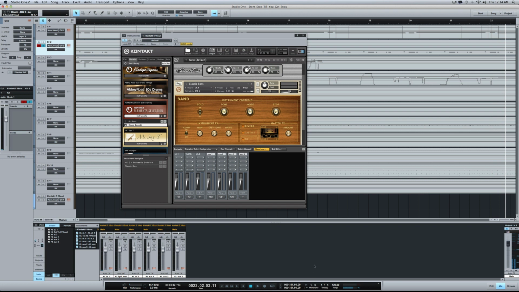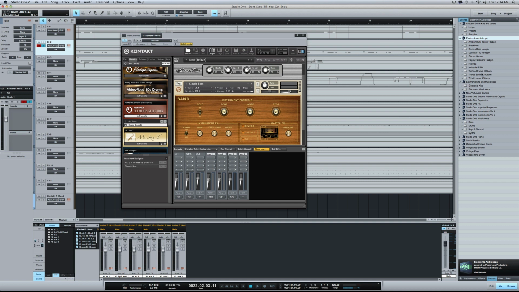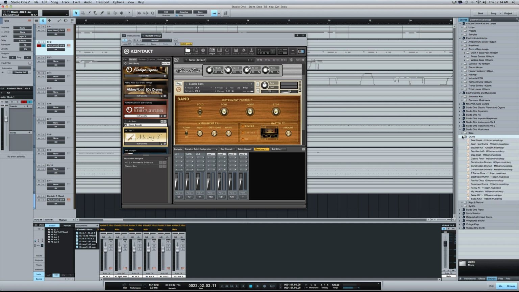Now, it's pretty funny at this point. If you wanted to, I'm just going to do a little tangent here. If you wanted to, you could actually go into your browser at this point. You can go in and look at your sounds, and you can come into your loops if you wanted to. Say you wanted to build a song based off of this chord structure that is used in this Michael Jackson song. Well, you could literally come in here and start looking for loops to throw in with this. So you can be like, oh, let's go for some drum loops down here. Okay, I'll just play this, and I can audition these in real time with it while it's playing. So if I play the song,